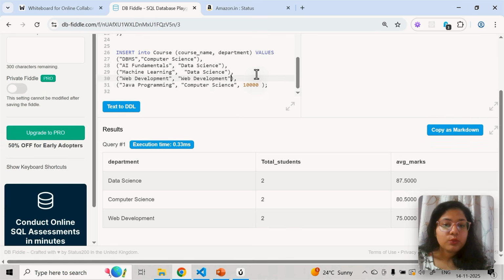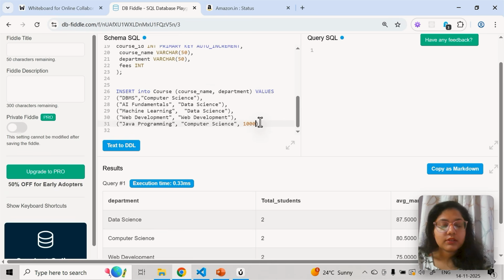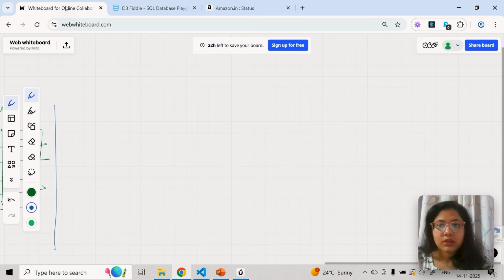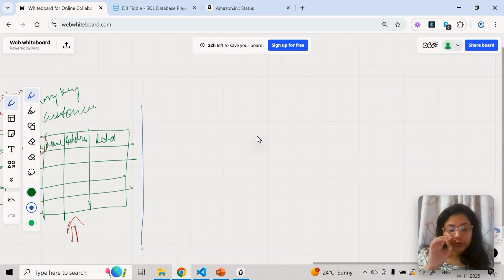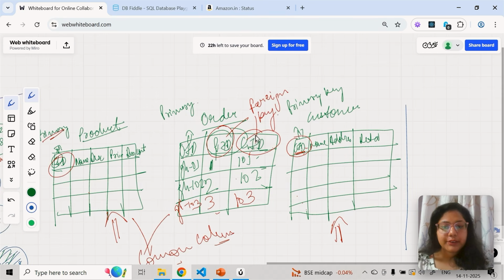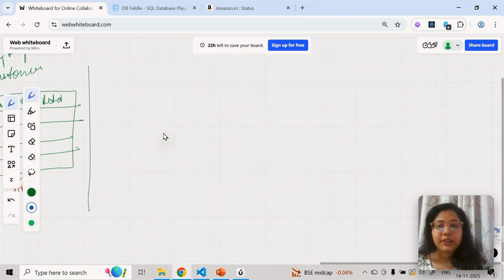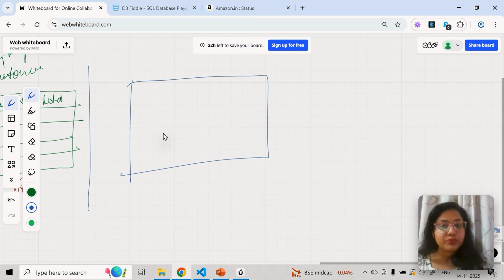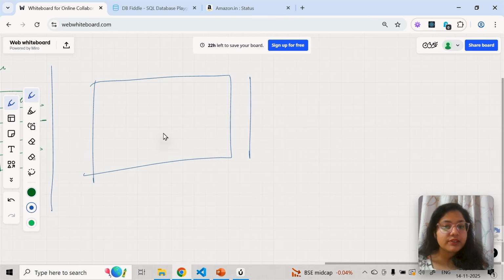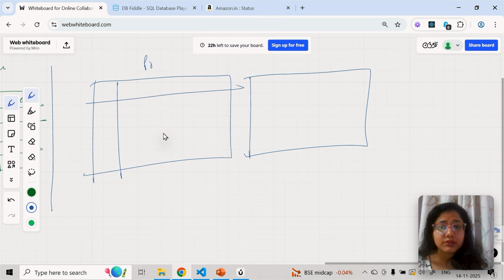So, just like I took one example before this, order, product, and customer, right? If you recall, this is the example I took. Just like this, in a similar pattern, I'm taking one example where you can think product is like courses, student is like customer, and order is like enrollment. Okay, for example, let's say I have a product table. Oh, sorry, let's not take the example of product. Let's take an example of students.